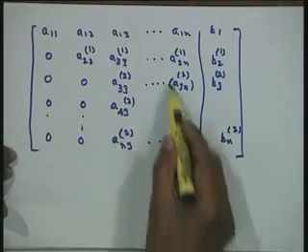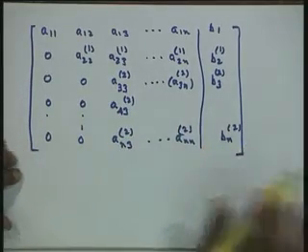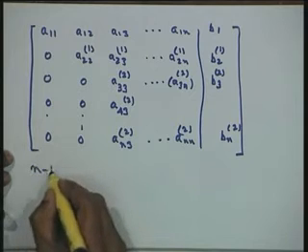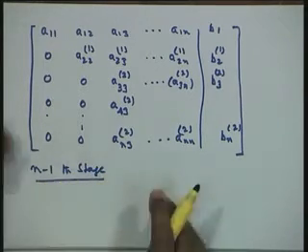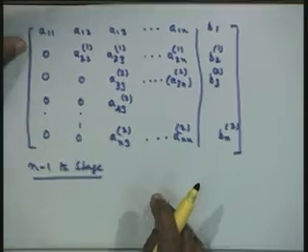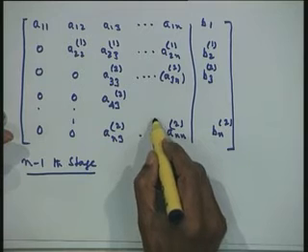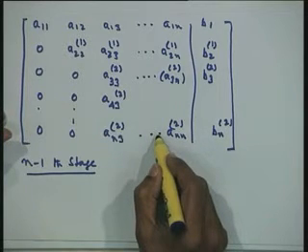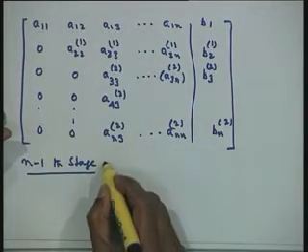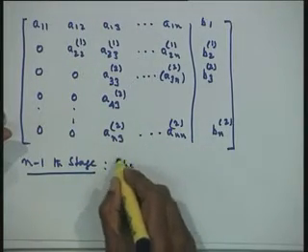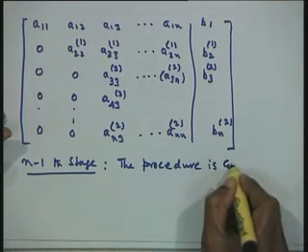Now this is the matrix that we shift to the right, to the next column, and we repeat this for n minus 1 stages. When we have reached the n minus 1 stage, we have reached the last 2 by 2 system. Therefore I will use this pivot that is here to eliminate this, bring it to 0, and we will have to do one less of each iteration. So at the n minus 1 stage the procedure is complete.